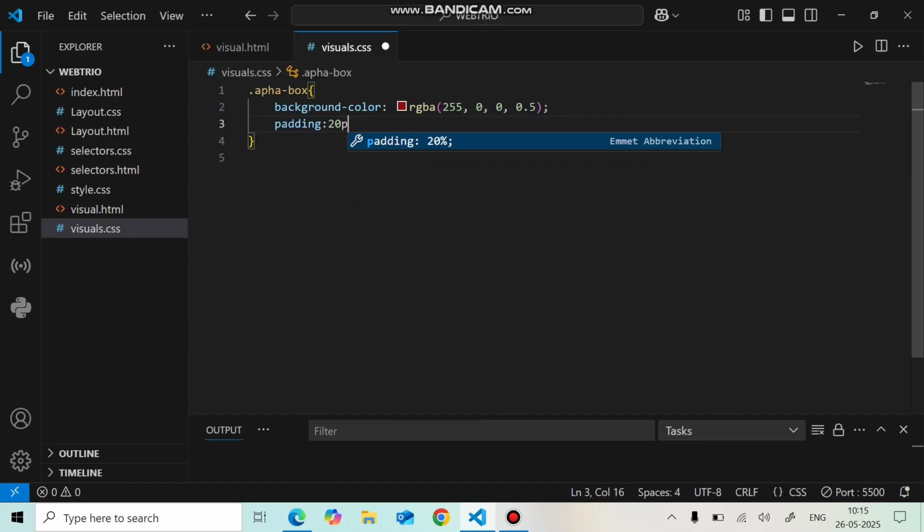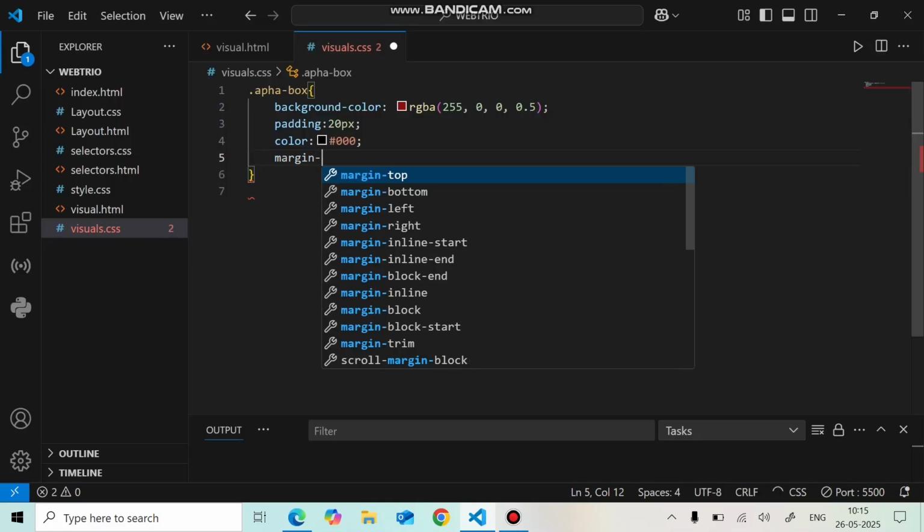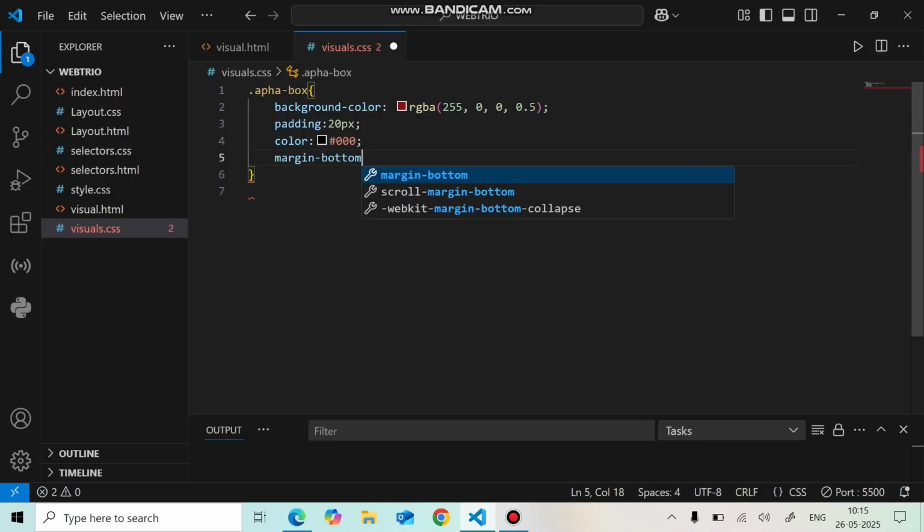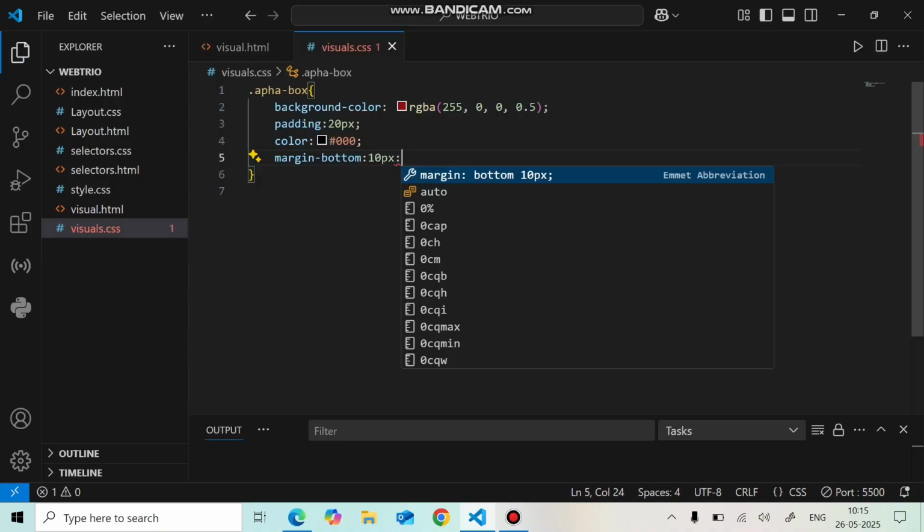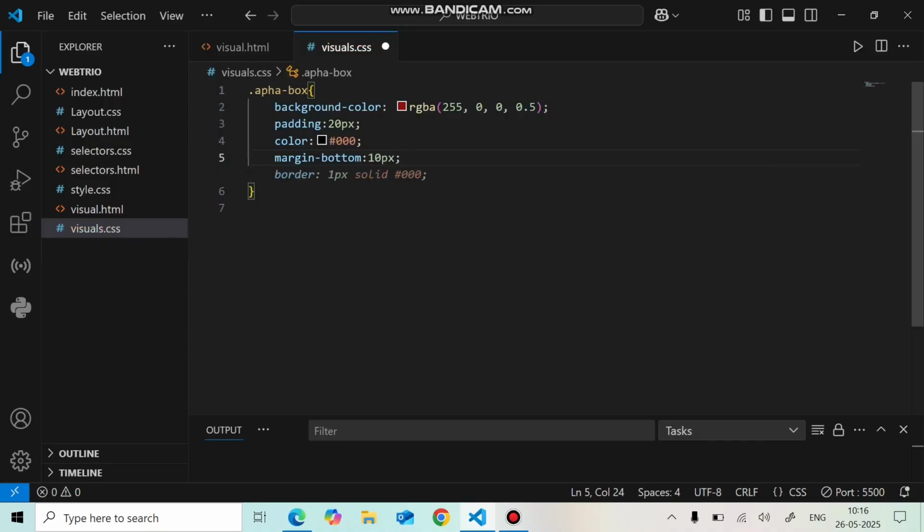20%. Now color to black, this hexadecimal code. Now margin bottom. Let's change all these. Now see the execution output of the